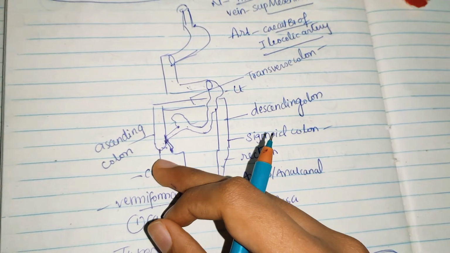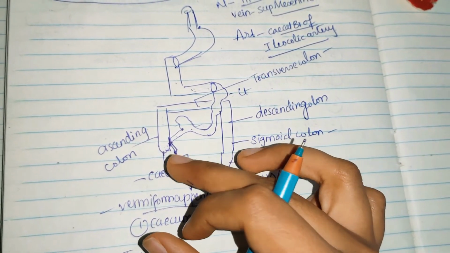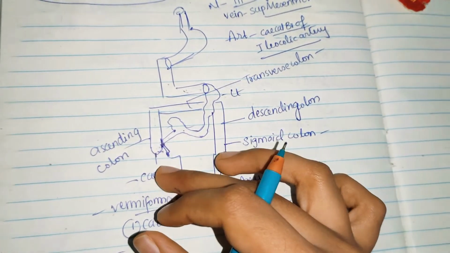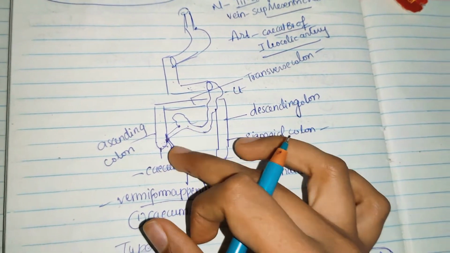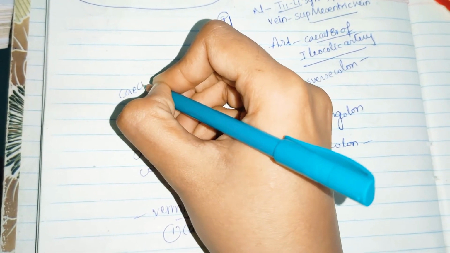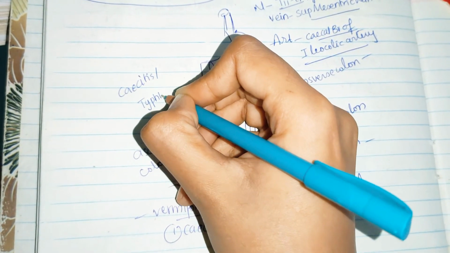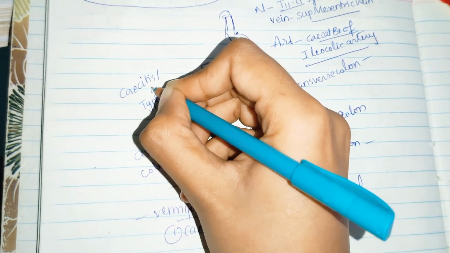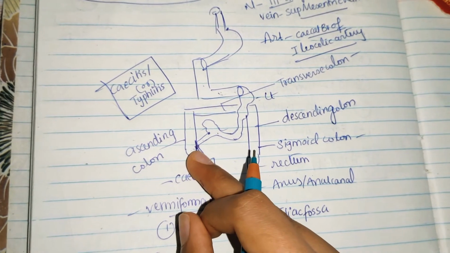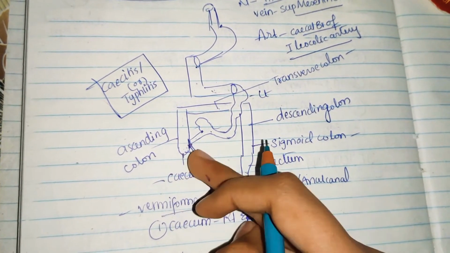The cecum is most commonly involved in diseases like amoebiasis, amoebic dysentery, intestinal tuberculosis like ileocecal tuberculosis, and carcinomas. Inflammation of the cecum is called cecitis or typhlitis. So this is the clinical anatomy: carcinoma may occur, amoebiasis may occur, tuberculosis may occur in the cecum.